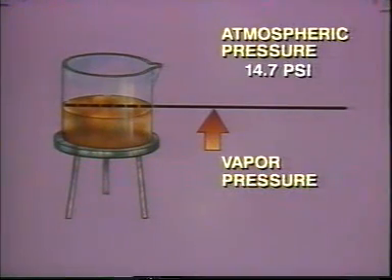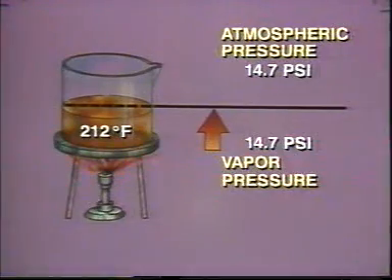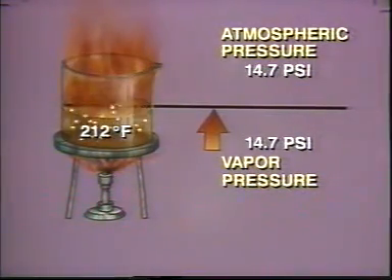In order for water in this open container to boil, its vapor pressure must equal the atmospheric pressure around it. The water in this container will not boil until its vapor pressure reaches 14.7 pounds per square inch. The vapor pressure of a liquid can be increased by heating it. At sea level, water's vapor pressure reaches 14.7 when it is heated to 212 degrees. At this temperature, the bubbles of steam exert enough upward pressure to overcome the downward force of atmospheric pressure, and